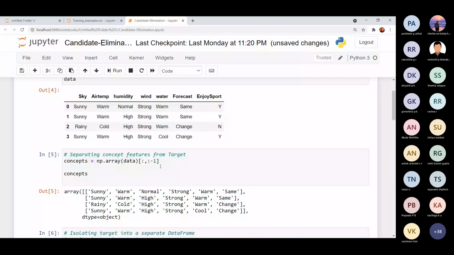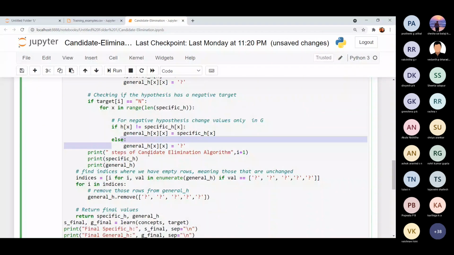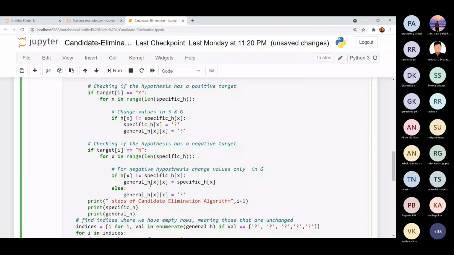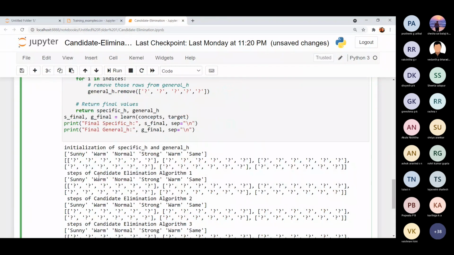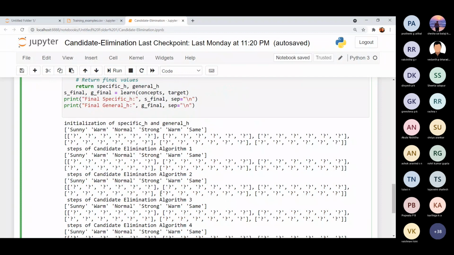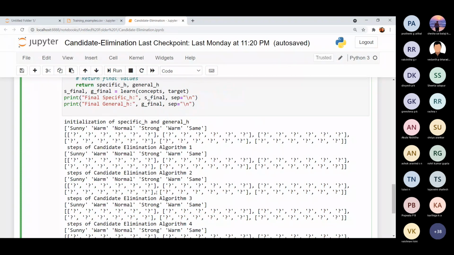The second attribute is cold, and there is warm there. So it's not equal, and in that case, again, we change it. So general of 1, 1 equals warm. General of 1, 1 was a question mark, but we changed it to warm. The general of 1, 1 was,